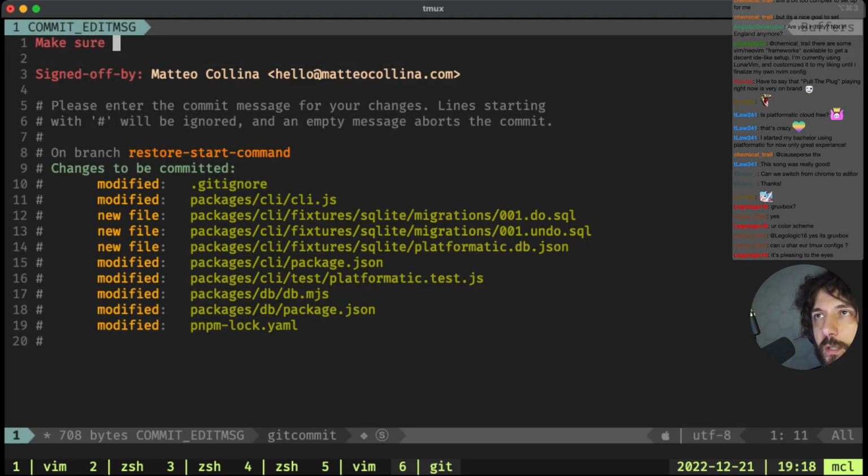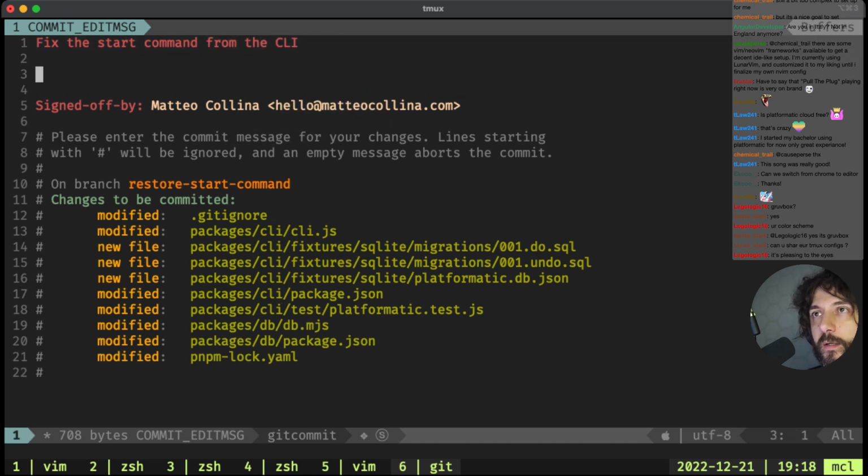Make sure to fix the start command from the top CLI. From the CLI. In, let's take the PR. Okay.